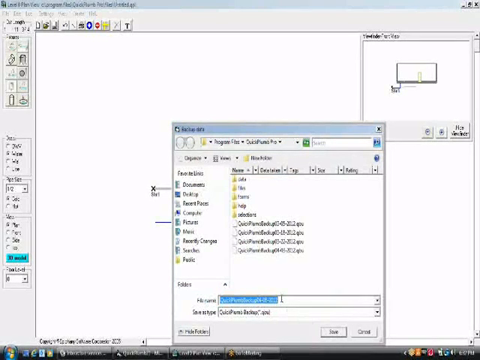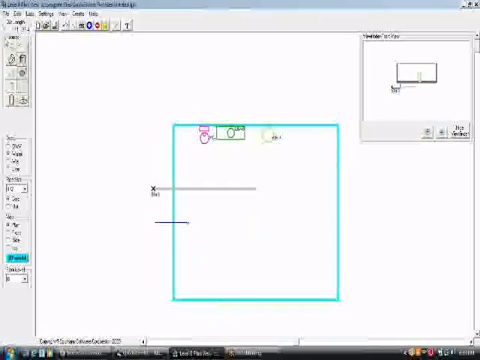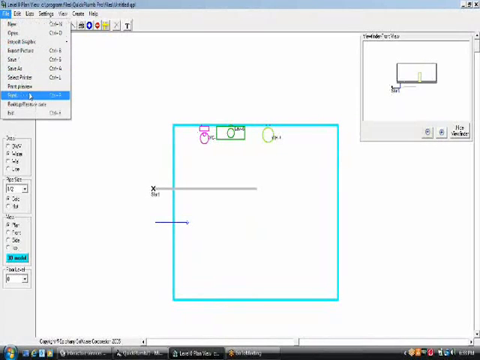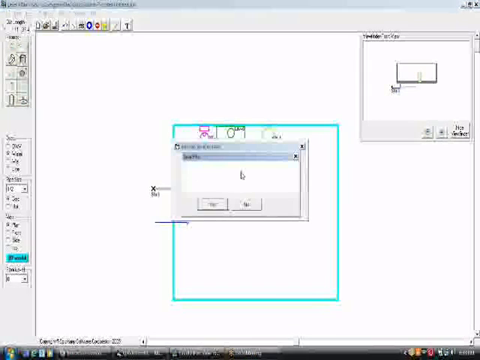and we'll save it. We'll accept the default of QuickPlumb Backup 4/8/2012. Save it, and I will demonstrate the restore feature. We're going to restore the same file that we just backed up,